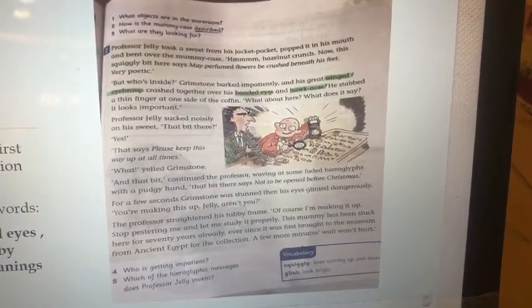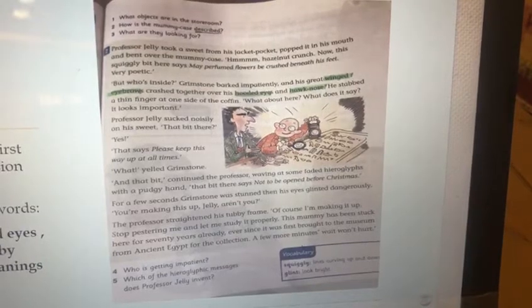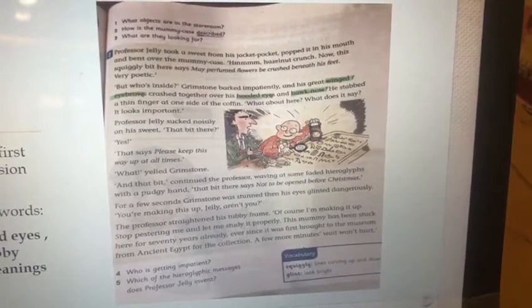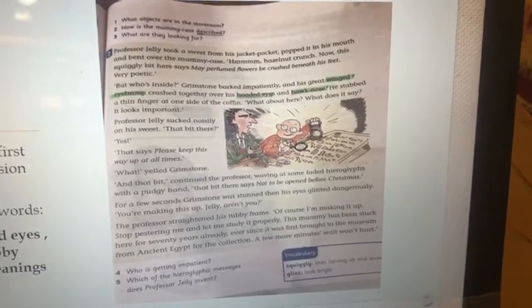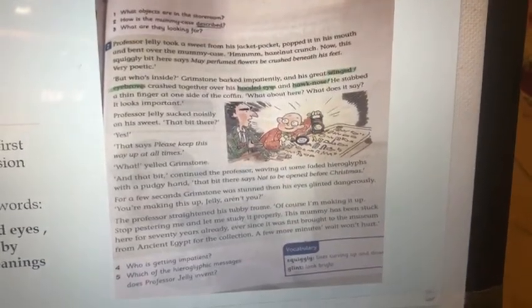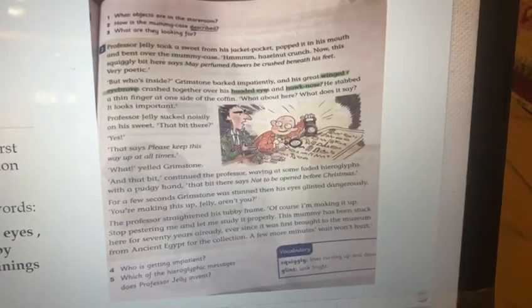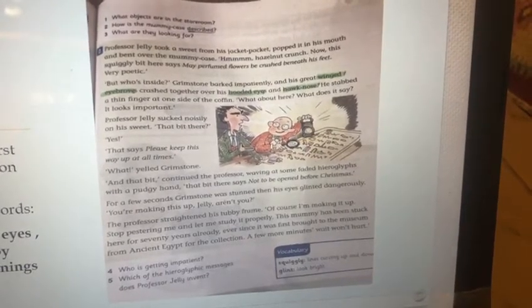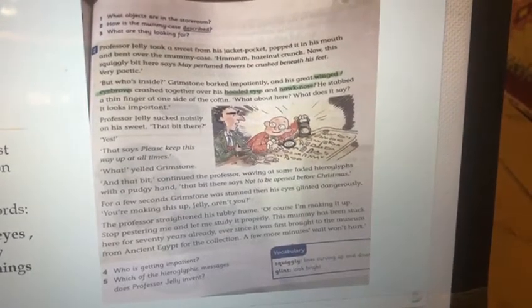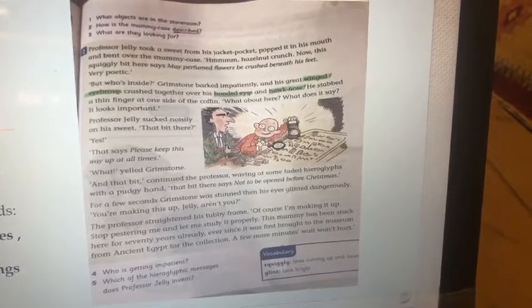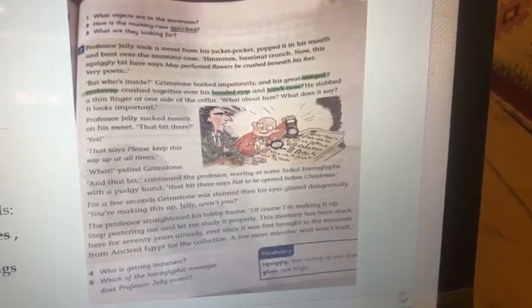For a few seconds, Grimston was stunned, then his eyes glinted dangerously. You are making this up, Jelly, aren't you? The professor straightened his stubby frame. Of course I'm making it up. Stop pestering me and let me study it properly. This mummy has been stuck here for 70 years already, ever since it was first brought to the museum from